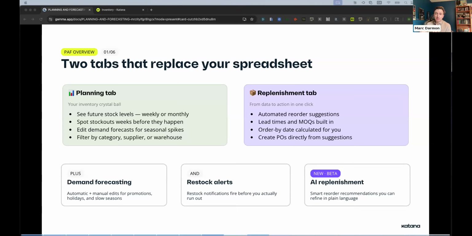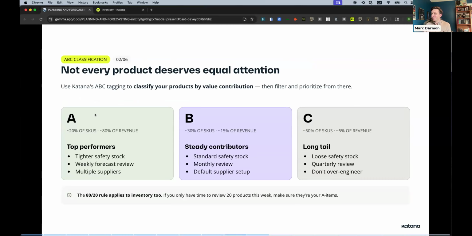But then also the replenishment tab, which is secretly my favorite part of the planning and forecasting functionality, which is telling us, based on all of this wonderful data that we have and things like supplier lead times, when do we actually need to reorder this thing by in order to meet a set demand? So we'll look at all of that together today. There we go. There's also a new section that some of you may have seen, but we'll cover as well